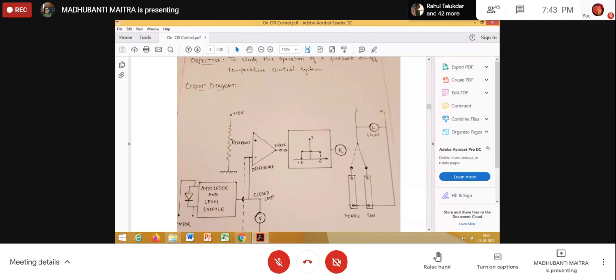Yes, ma'am. At this point, the fan will be energized and H on is now 0. So the relay is de-energized. Since H on is equal to 0, just try to follow the sequence. First of all, H on is 0 and hence the relay is de-energized, and hence the heater is cut off from the circuit and the fan is connected in the circuit, and hence now the cooling of the plant, or the cooling process, will start automatically. Am I clear?